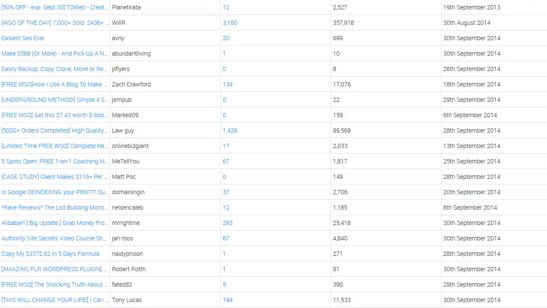I'm going to tell you the columns here again. The first column is the WSO name and link, by who it's posted, number of replies, and the number of views, which provides us an indication of activity and also an indication of how long it's been on the marketplace. And then we can see the latest post, so we can see if there's activity recently. As you can see in front of you, the last post was like 30th of September, which is